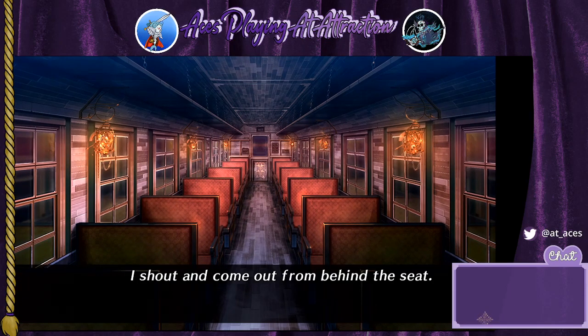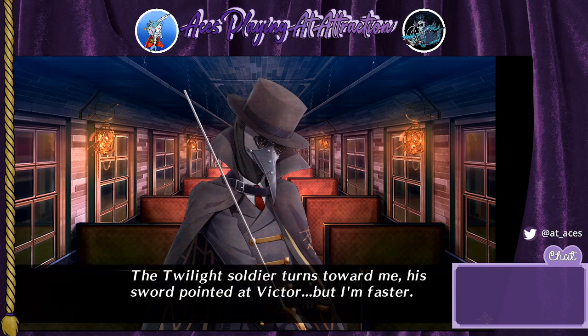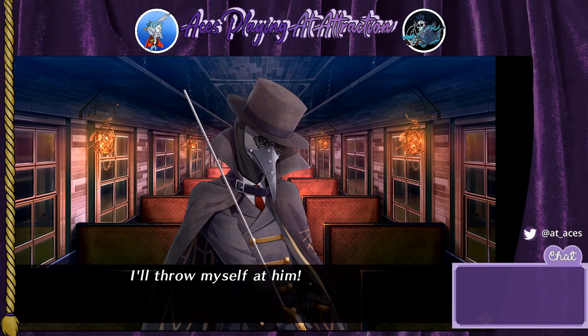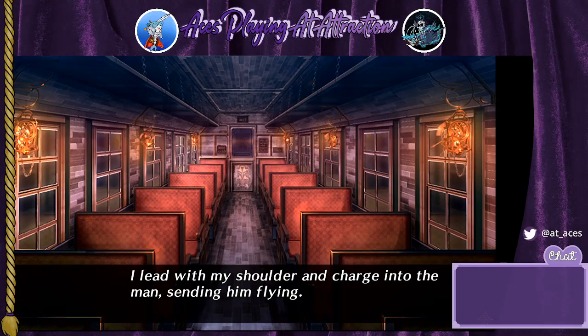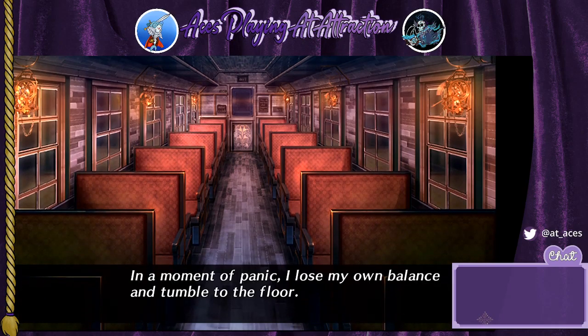Victor! I shout and come out from behind the seat. The Twilight Soldier turns towards me, his sword pointed at Victor. But I'm faster. The best way to send the maximum amount of force at an enemy is to use my entire body. I just throw like Van Helsing taught you, just body slam them. So I throw myself at him. I lead with my shoulder and charge into the man, sending him flying. In a moment of panic... No, that is not the best line. The best line is...